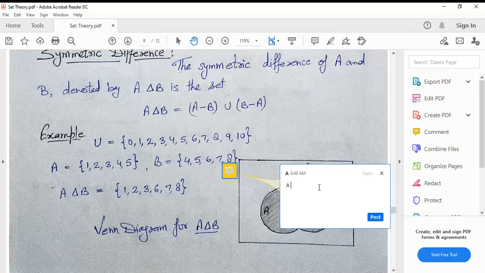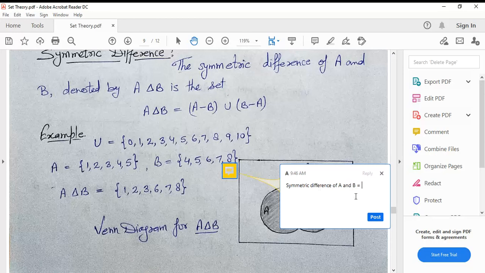You can represent this like that. The symmetric difference of A and B. So what is the symmetric difference of A and B?